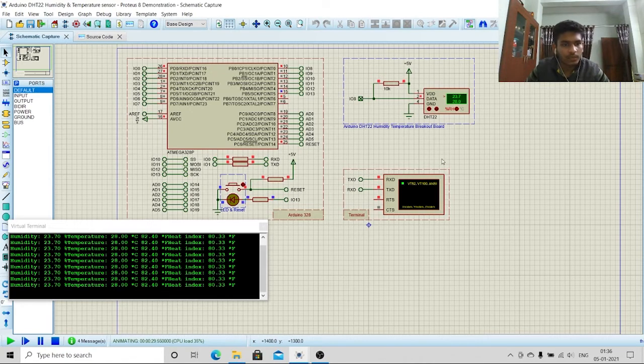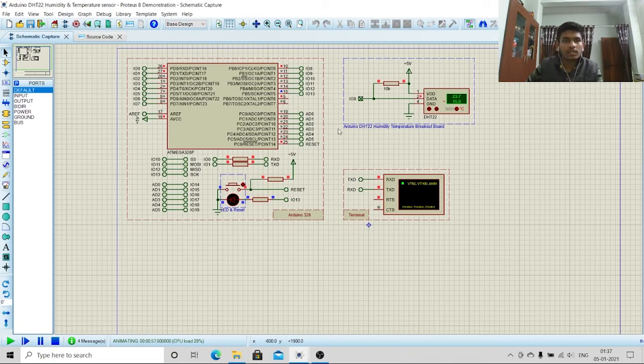We can change the humidity and temperature from here. Let's change the temperature to 15. We have changed the temperature to 15 degrees Celsius, and now the temperature is 15 and humidity is this. Now the LED is glowing for a different number of seconds based on the code. I think it's 1 second, and this is how we can simulate it, and it's easy to use this software. Okay, so this was the temperature sensor.